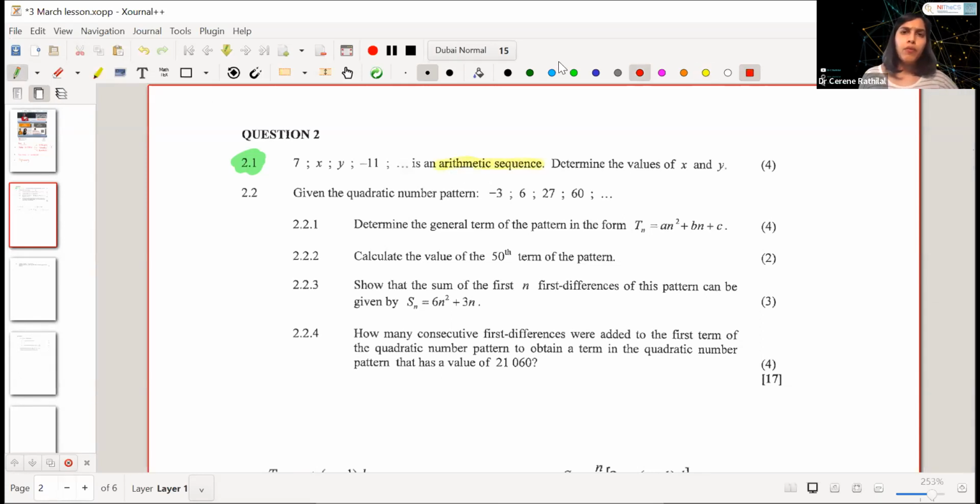Now, what does that mean? What does an arithmetic sequence actually mean? Let's see, what are the responses in the chat box? What is a property of a sequence that is called arithmetic? Right, I've got the first response, and we have a constant first difference. Wonderful. That is precisely what we're looking for. So when I want to talk about arithmetic sequences,